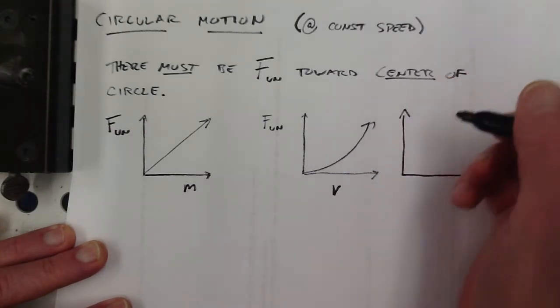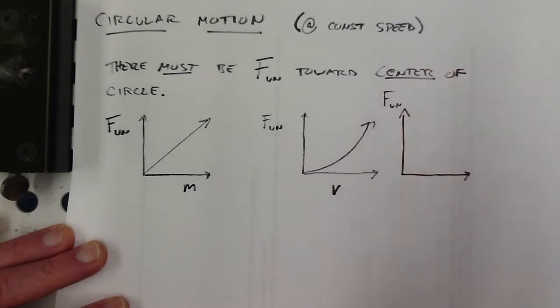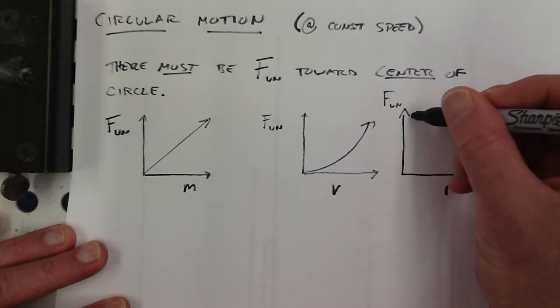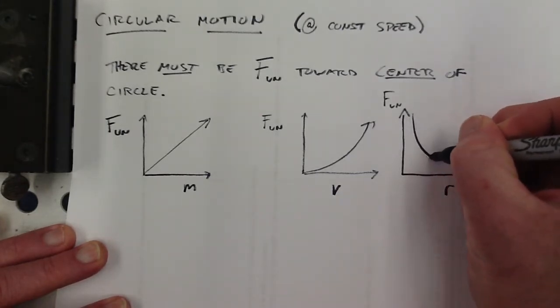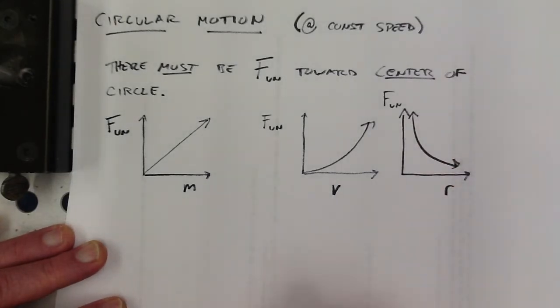the bigger the circle is, the less force you need, because the bigger the circle is, the more it becomes straighter and straighter until you can hardly even tell you're going in a circle at all. So that looked like this, and that is an inverse relationship, like unbalanced force depends on 1 over r. If you put these together,